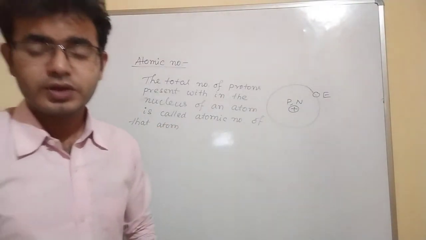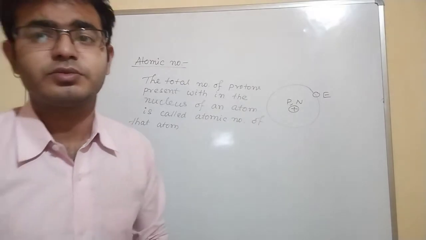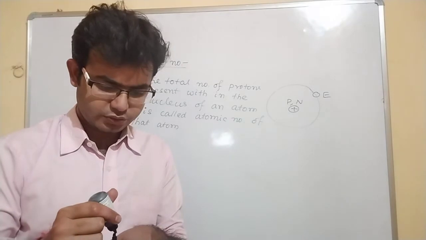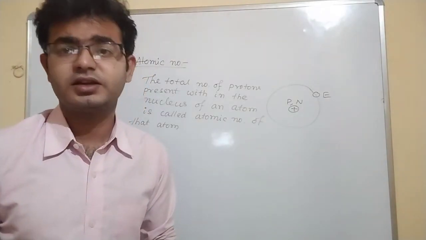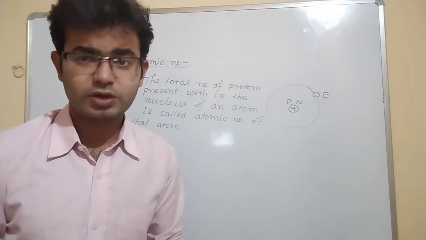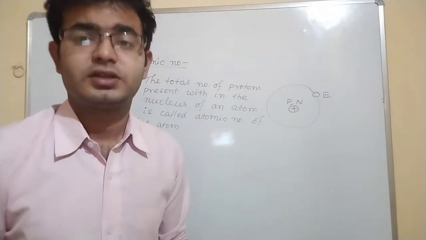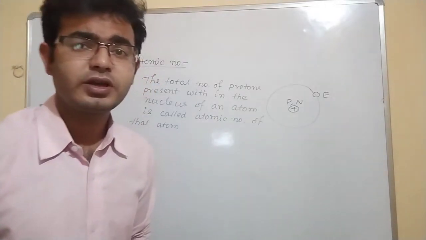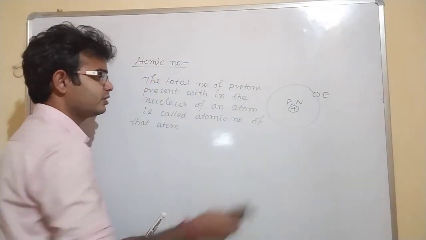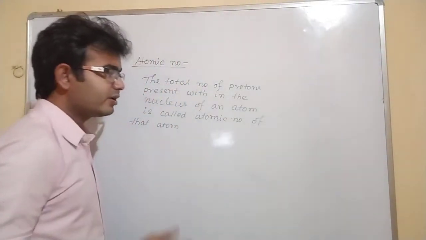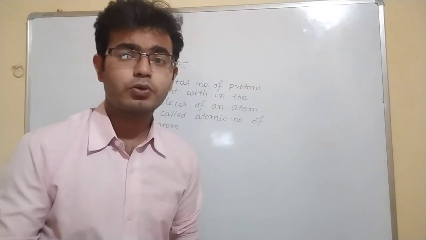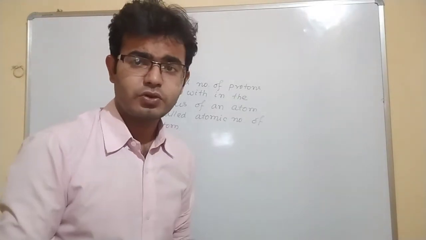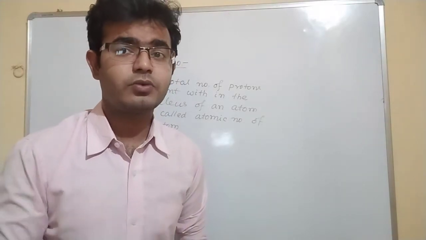ओके, तो कोई एक एटम के सेंटर आई मीन न्यूक्लियस में जितने प्रोटॉन्स होंगे दैट नंबर इज कॉल्ड द atomic number. Suppose it is given that one atom X contains 12 protons within its nucleus. So what will be the atomic number of the atom X? The answer is 12. तो एक एटम के पास सेंटर में जितने प्रोटॉन्स होंगे दैट विल बी द एटॉमिक नंबर ऑफ दैट एटम, राइट? So we can write and remember that the number of protons and number of electrons present within an atom, these are same. एक एटम के पास जितने प्रोटॉन्स होते हैं सेम नंबर ऑफ इलेक्ट्रॉन्स होते हैं अगर वो एटम है, आयन नहीं है।